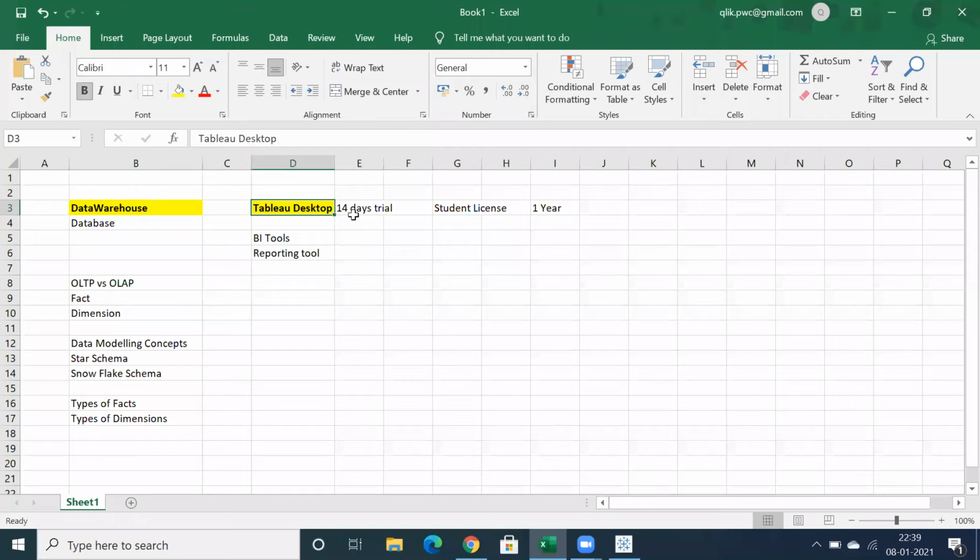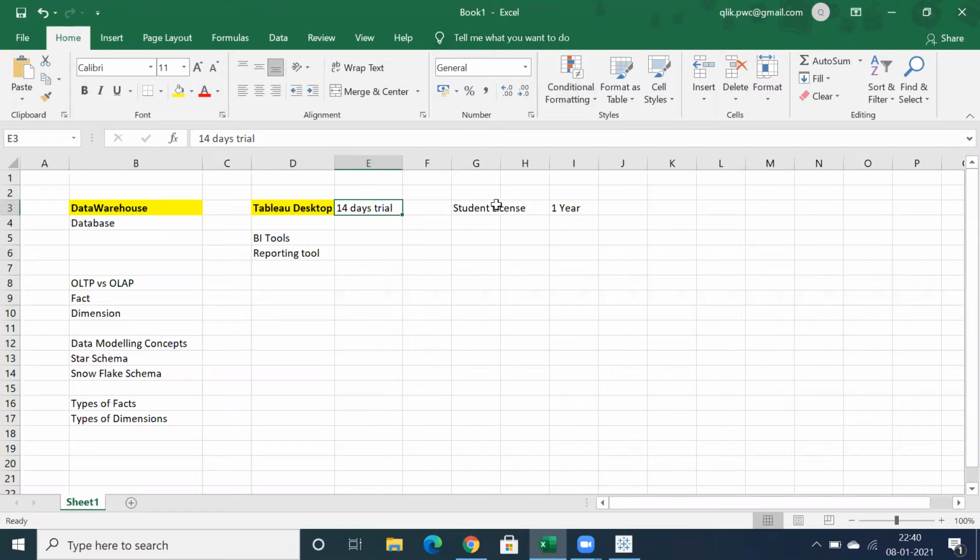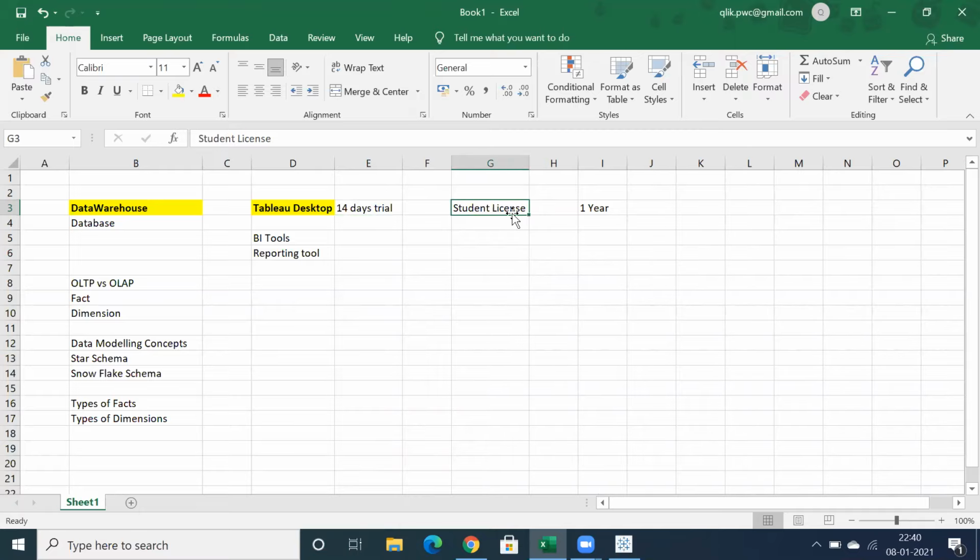You can install Tableau now, maybe after this session or tomorrow, because the Tableau trial is only 14 days, and you don't want to waste the 14-day trial before getting the student license. So maybe tomorrow, Saturday my time, or your morning Saturday, we can try to install the software, and then try to get a student license which will work for 1 year.